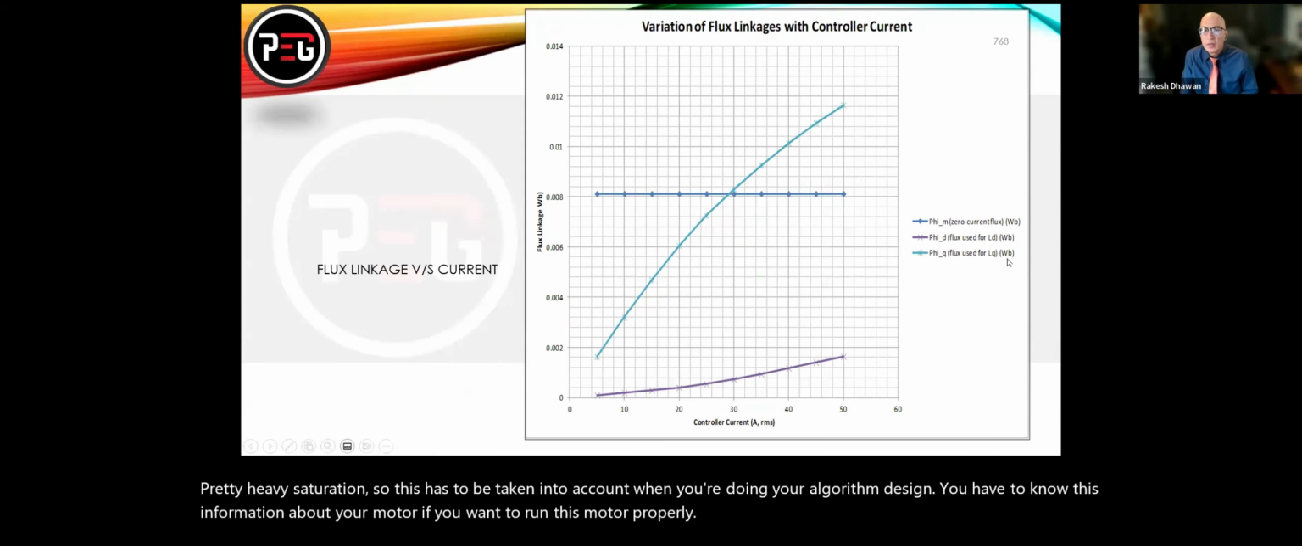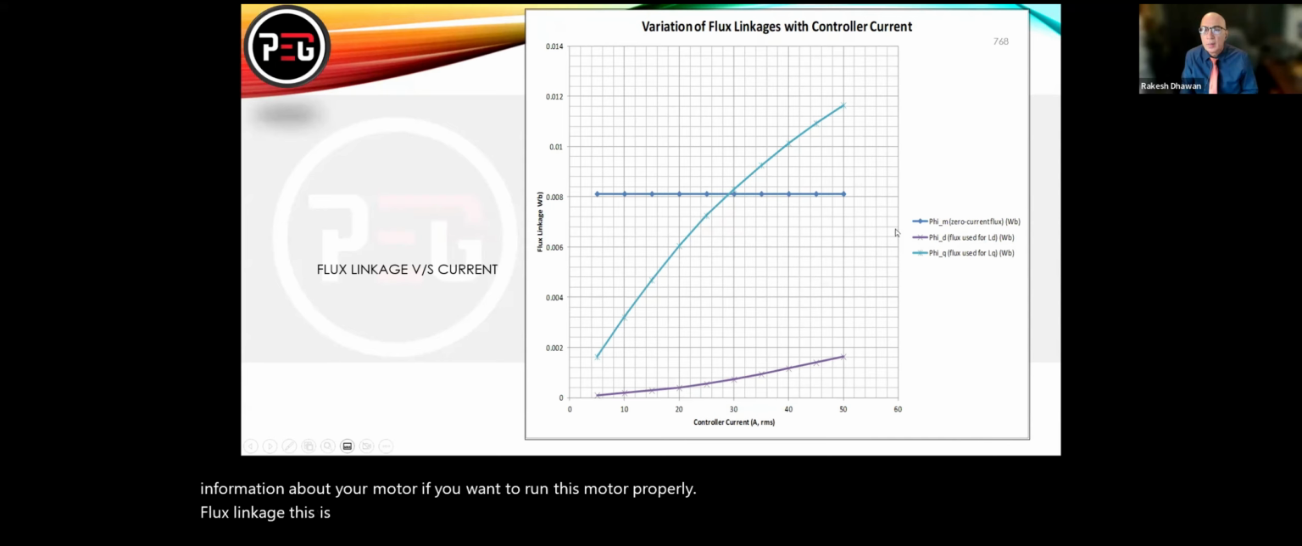Flux linkage, this is your Phi-M, which is your magnet flux. And then Phi-D and Phi-Q are your D and Q axis flux. All right, so back into